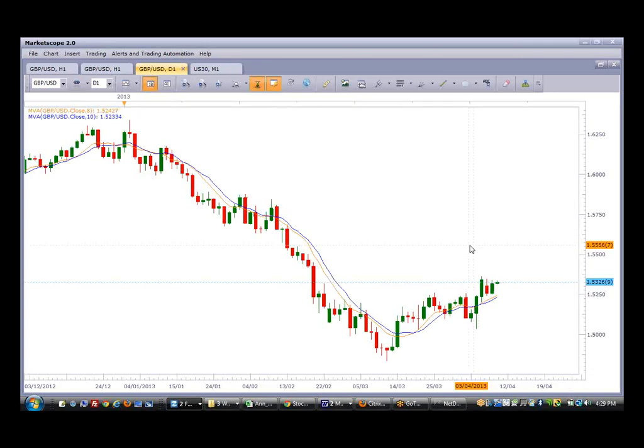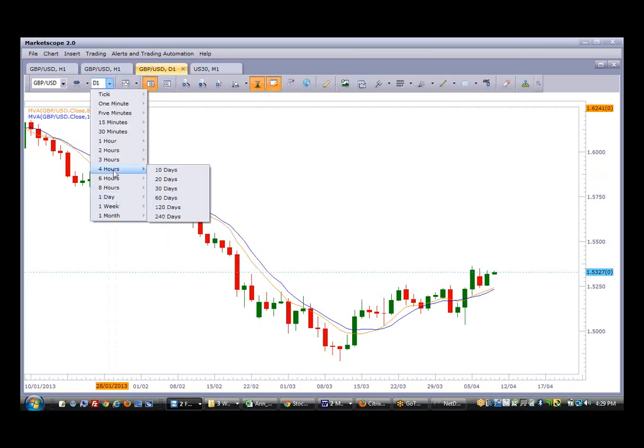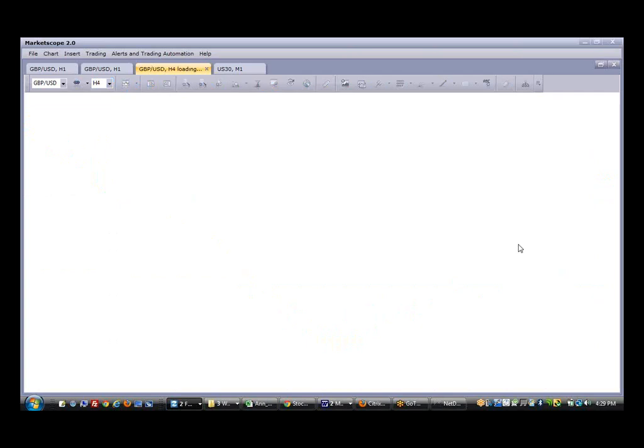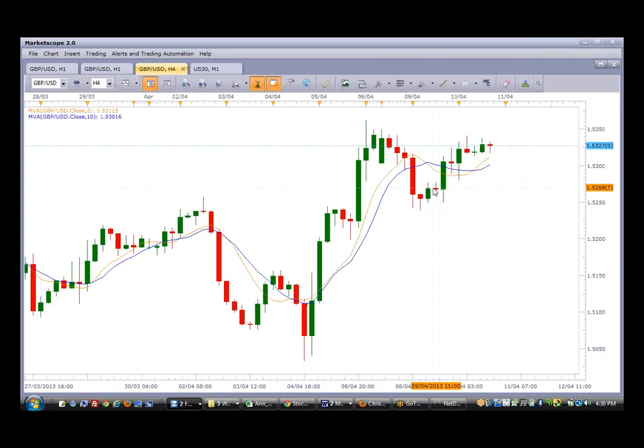M3, okay, the trigger was this candle right here, second candle above the 8 and the 10, another opportunity here, so it's still at play. Still no exit strategy on the M3 on the daily. 4-hour chart. So slow today. Okay, 4-hour chart, trigger here, second candle above the 8 and the 10, and still at play as well.